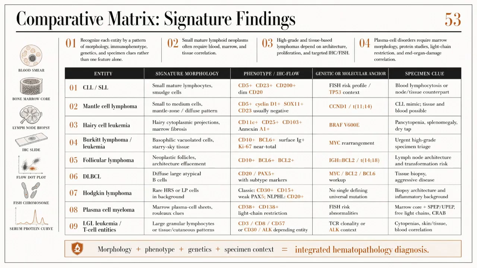As we move forward, we will build upon this foundation by outlining a histotechnology checklist designed to support the complex diagnostic process in hematopathology. This checklist will emphasize best practices in specimen triage, fixation, staining protocols, and quality control measures that ensure the highest diagnostic yield from lymphoid tissue specimens. Mastery of these concepts is essential for any histotechnologist aiming to contribute meaningfully to the multidisciplinary diagnosis of mature lymphoid